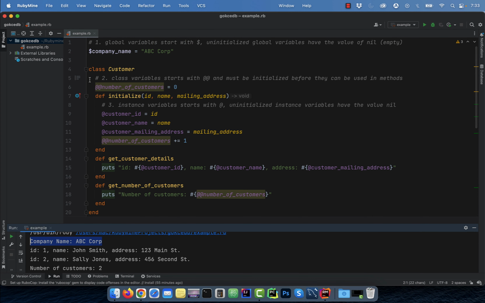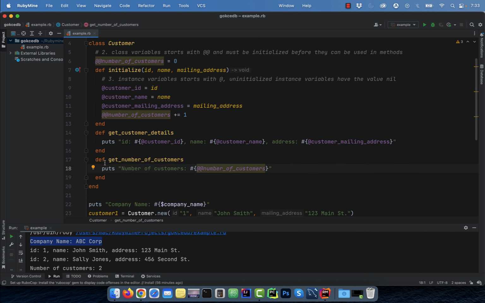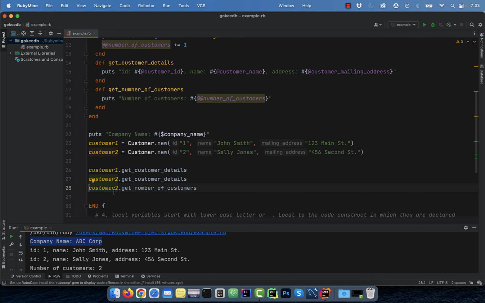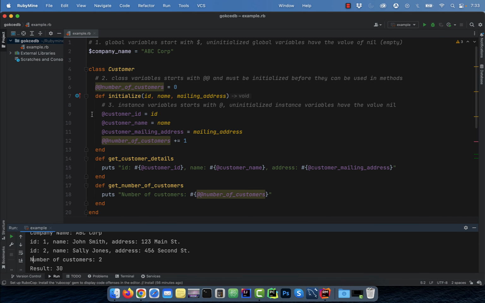Number 2, a class variable starts with 2 @ signs and must be initialized before they can be used in methods. On line 6, I'm initializing a class variable called number of customers, which I'm printing in the getNumberOfCustomers method on line 17. Number 3, an instance variable starts with an @ sign and an uninitialized instance variable will have the value